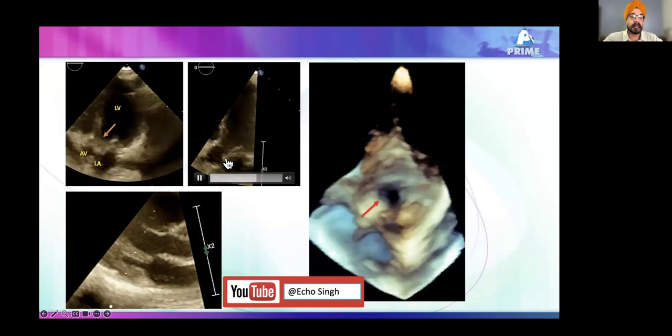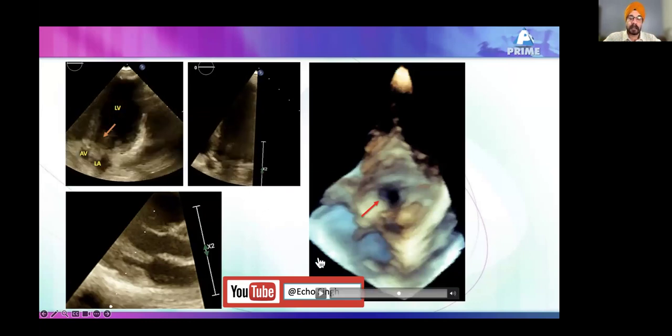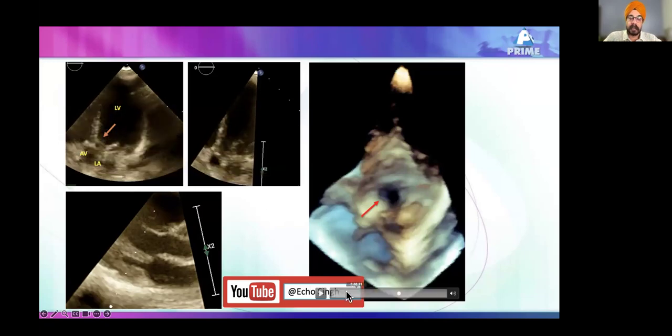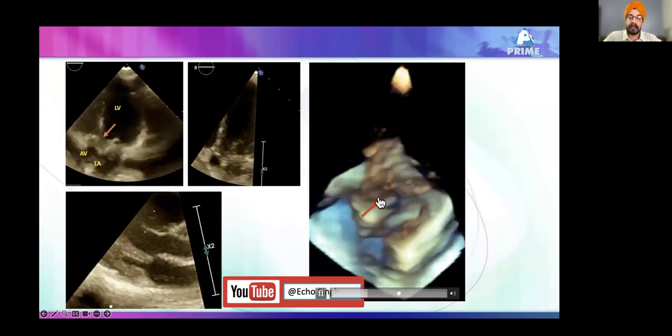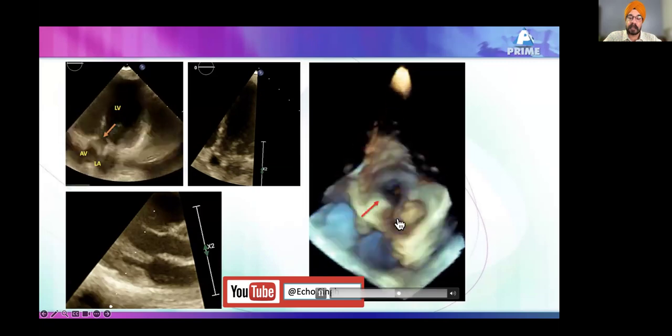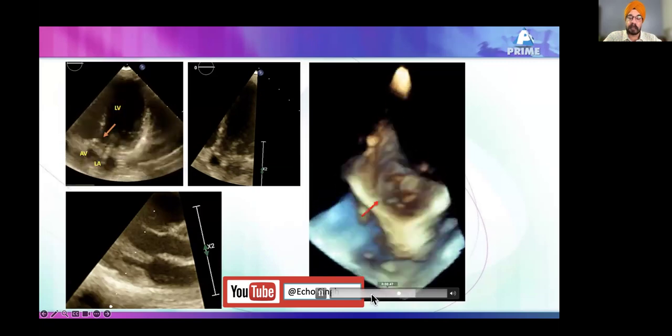Here, you don't get that, plus minus. And on a 3D again, you see some ledge kind of thing on this side, nothing very conclusive